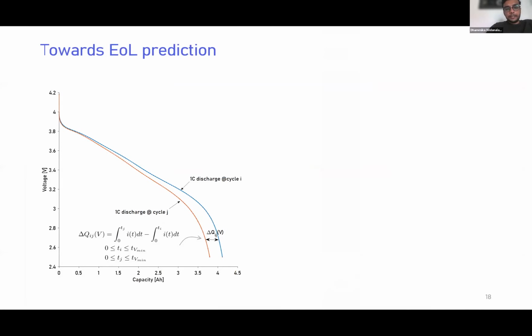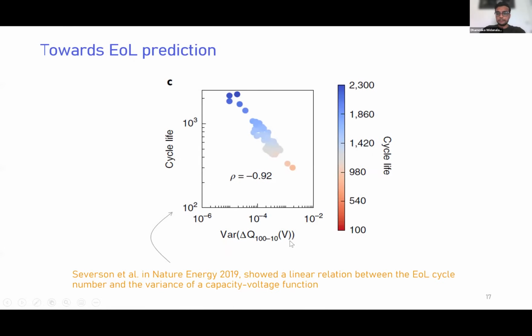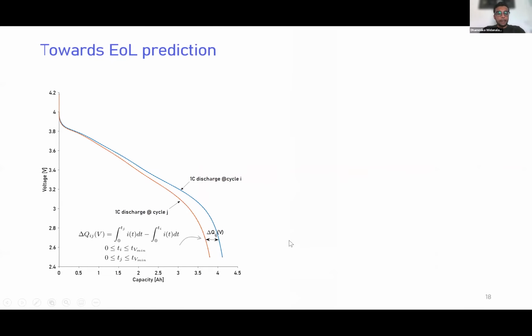Before I get to that point, this delta Q curve that they've introduced is a capacity estimate, a difference in capacities, and the way it's defined is you have two cycles. So the ith cycle is blue here, and the jth cycle is red. You need to look at the discharge voltage curves, the voltage versus capacity plotted, and you compute the area under the curves, right? So there's the extra capacity, and the time limits are defined as the time it takes for the battery to go from Vmax to Vmin, whatever Vmin might be for the corresponding cell, right?